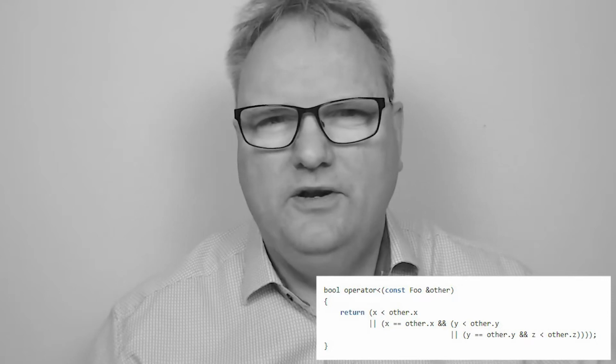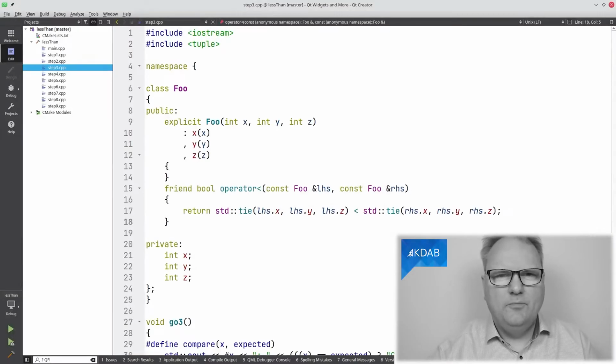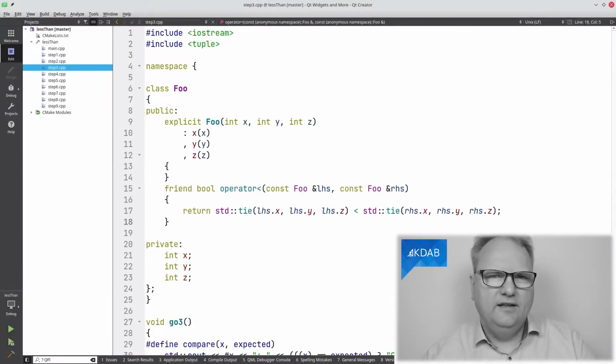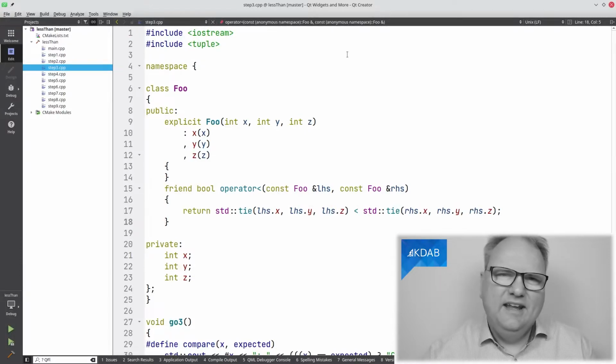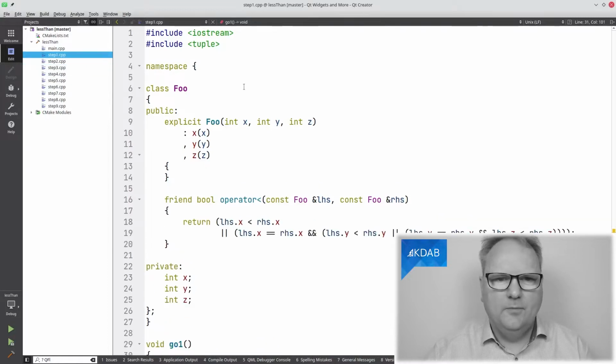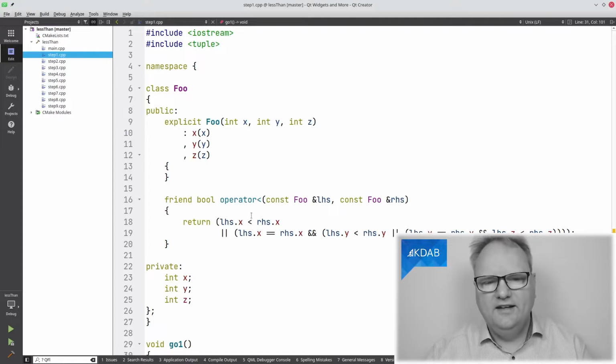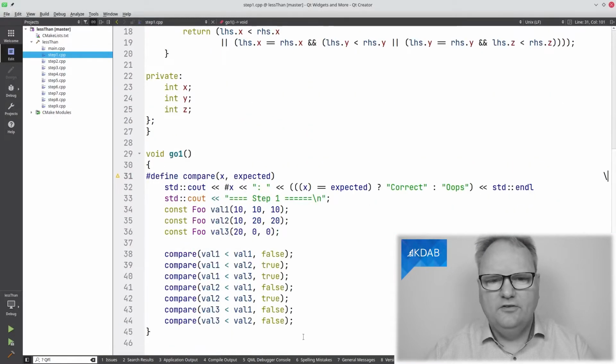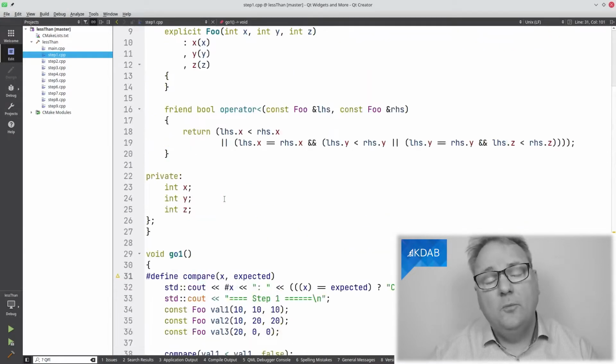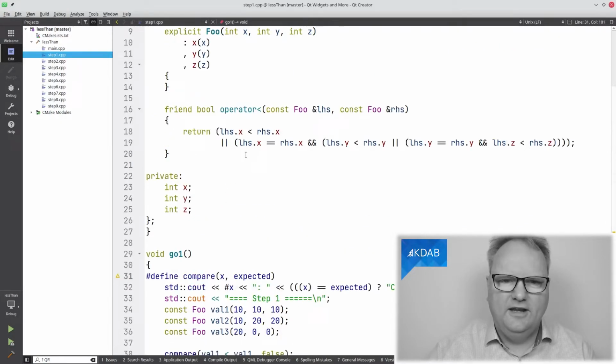It wouldn't be pretty. As always, I prepared an example for you and it's available on GitHub. Check the links below. And in this example here, I have 9 steps. If we just start looking at step number 1, you can see here's the implementation of this foo with the operator less than. There's even a bunch of test cases below so that I actually validate that my operator less than does the right thing.